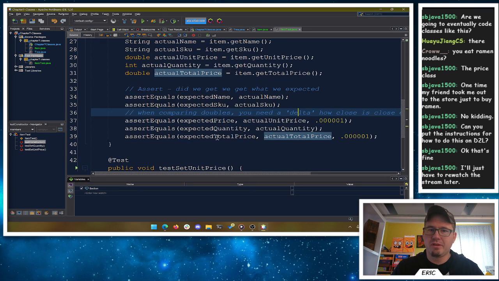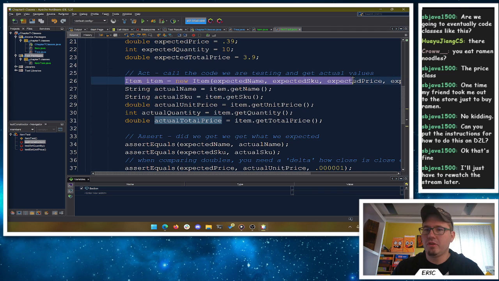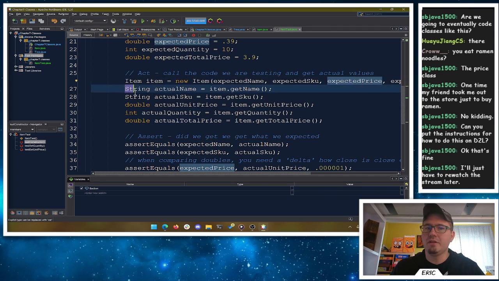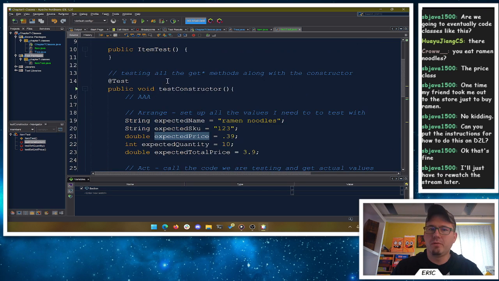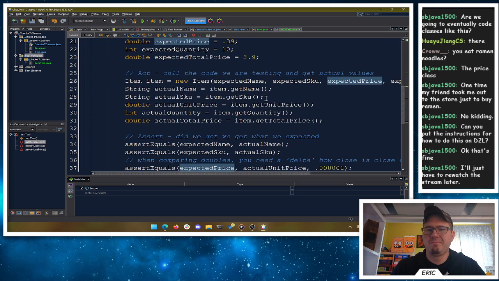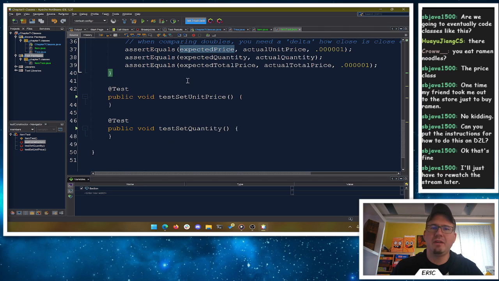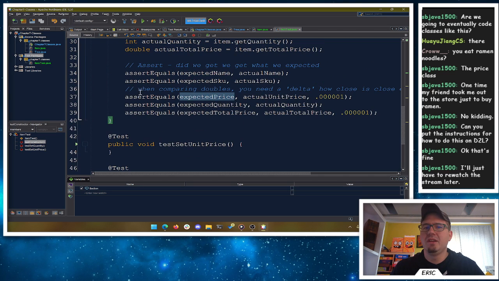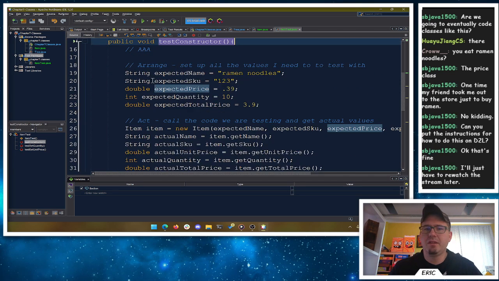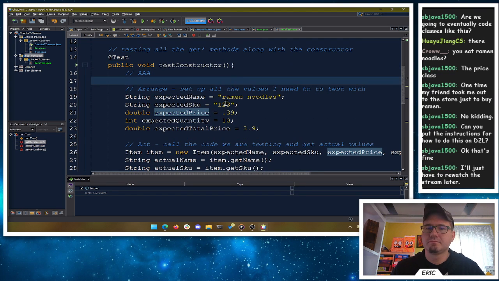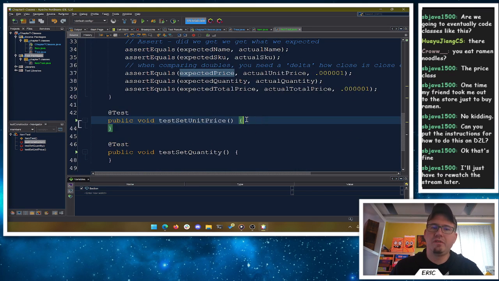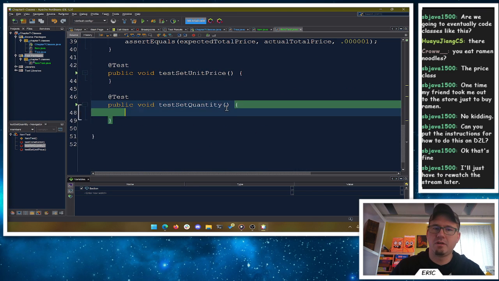So again, we're testing the constructor code. The constructor's job is to set values for everything. And part of setting the value, for us to test if it worked, is we're going to call the get method. So I generally will loop all the get methods in with the constructor test here, because we don't need separate methods, and I'd have to copy paste a bunch of things every time. We could do them all separate if we wanted to, but I think this is much more practical, and what you'll see people doing is we'll test our constructor.